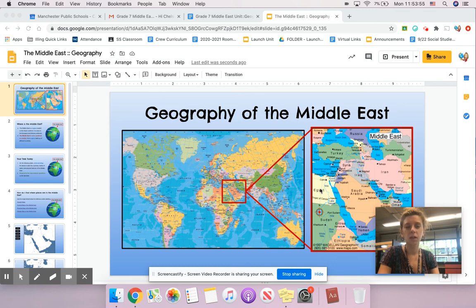Hi everyone, I'm going to be reviewing the instructions for this activity on the geography of the Middle East. Please follow along carefully, and if you have any questions, please leave a comment on Google Classroom for your social